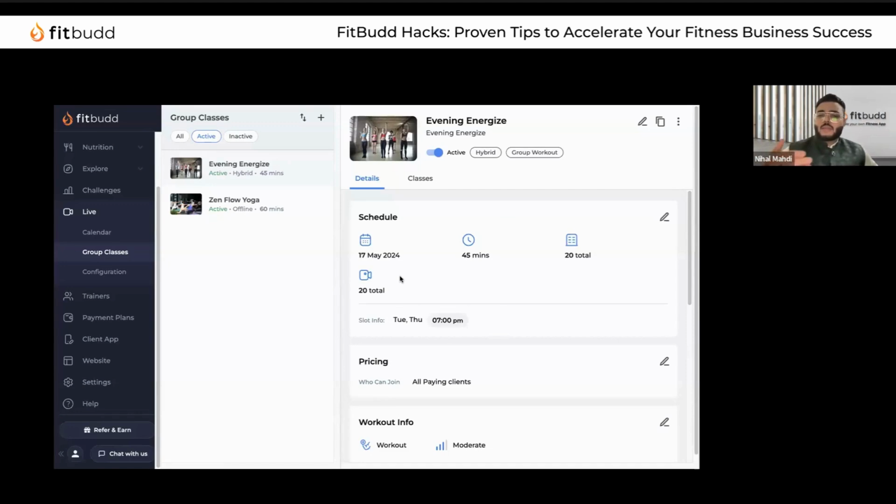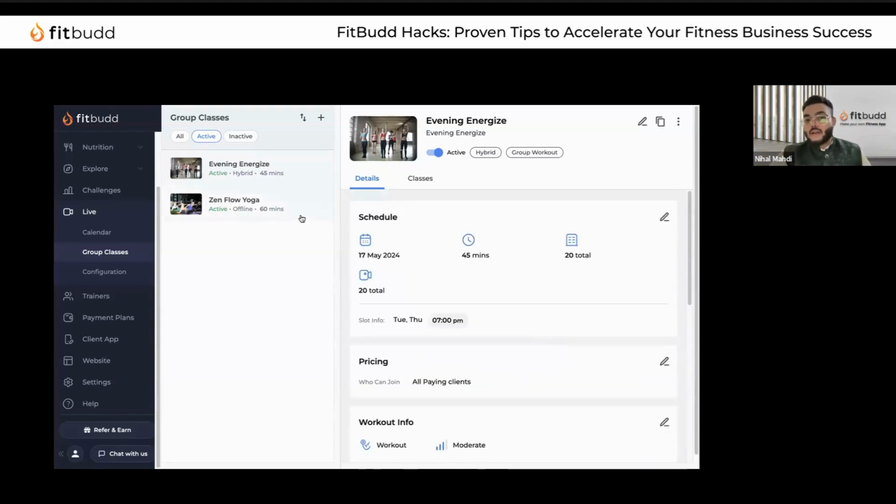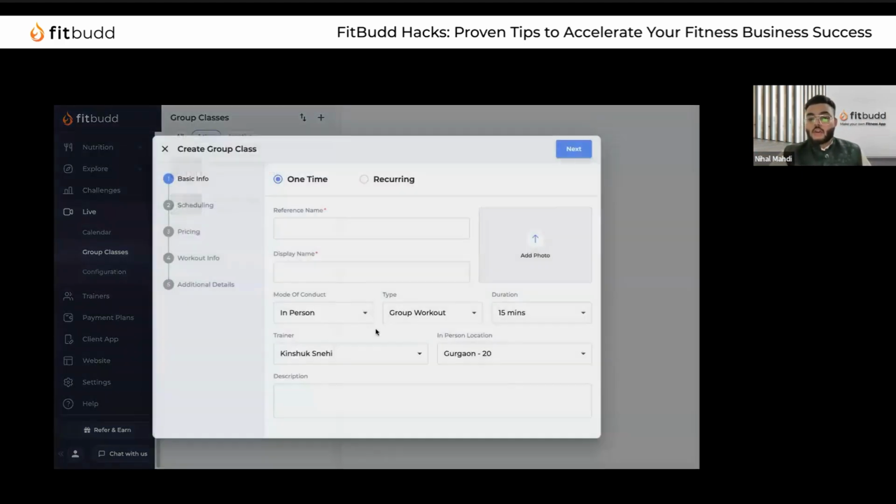The group classes can be a virtual gym class, or it can be an offline gym class or a studio class. Whatever the location will be, you're going to use that specific URL or the address while you are creating the group class here. If you are using in person, you can select the location. If you're using an online, you need to enter